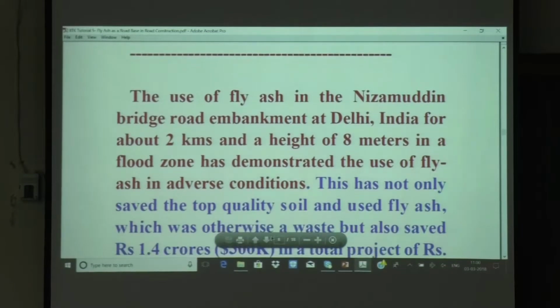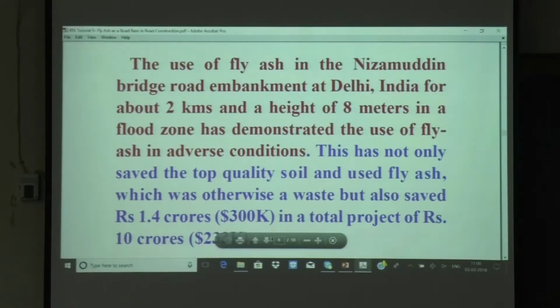Now, going back to the use of fly ash in the Nizamuddin Bridge Road embankment in New Delhi, which has been an example of utilizing fly ash in concrete. It's about 2 meters long and a height of 8 meters in a flood zone. And it has shown that the use of fly ash can be very welcome in adverse conditions. If you have a flood zone, it means there will be a lot of water absorption and things like that. And this not only saved the top quality soil and used fly ash,